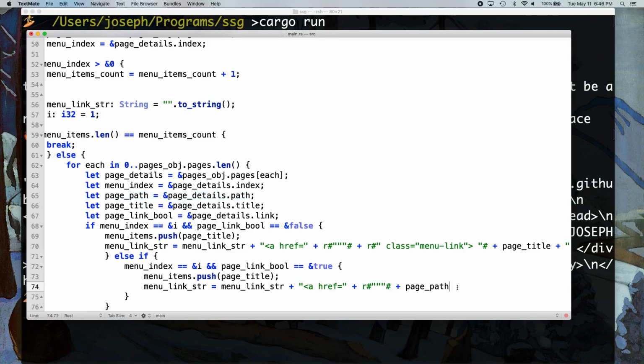So, page path, oh wait, I'm sorry, I did this wrong before. So the page path goes in both of these. Stupid. Yeah, okay, I was wondering why that was a little weird. So our link goes in there, so that's the link to the page, right? Okay, page path plus our